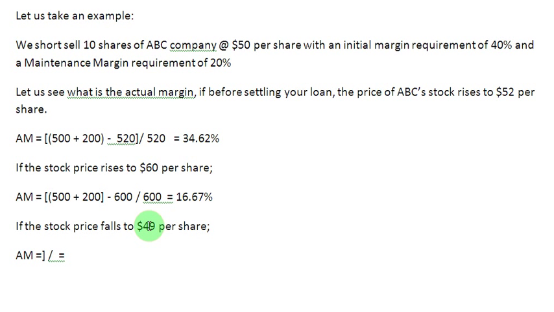Now let us move to another scenario, the last one here, when the stock price falls to $49 per share. In that case, what is going to be our actual margin? Let us see. We again write $500 for our short sales proceeds. We add the initial margin of $200, and from this sum of $700 we subtract the value of our loan, which is now 10 shares multiplied by $49 per share, $490, and then we divide this by 490, and we get